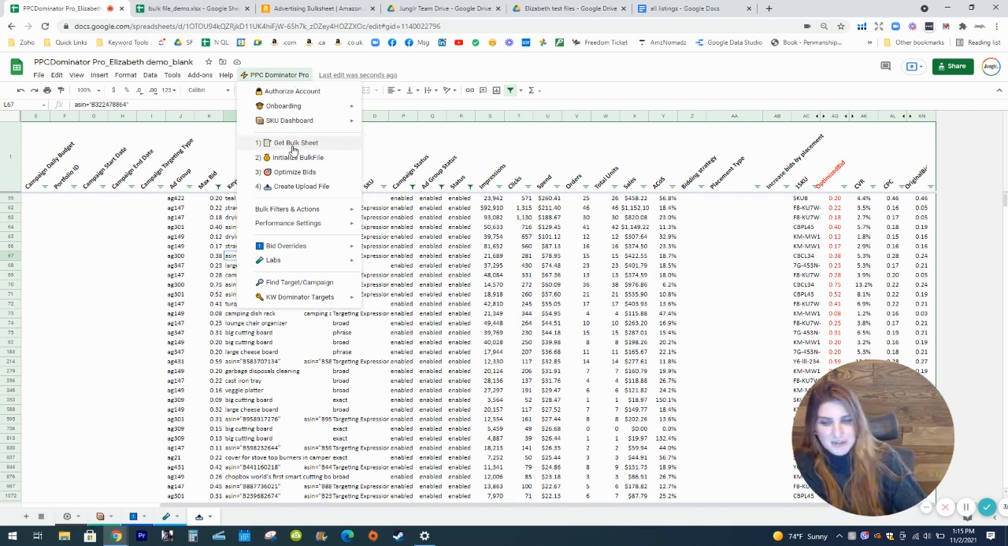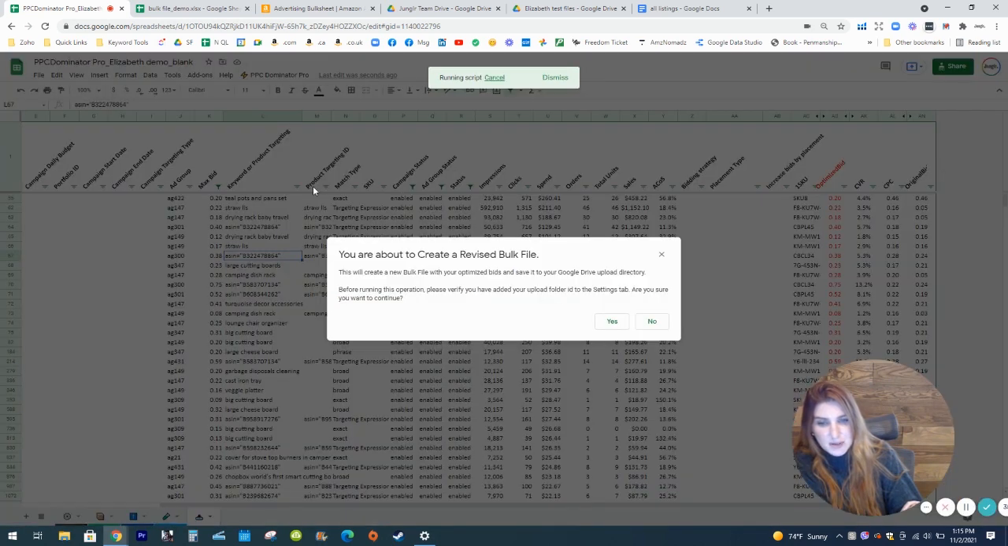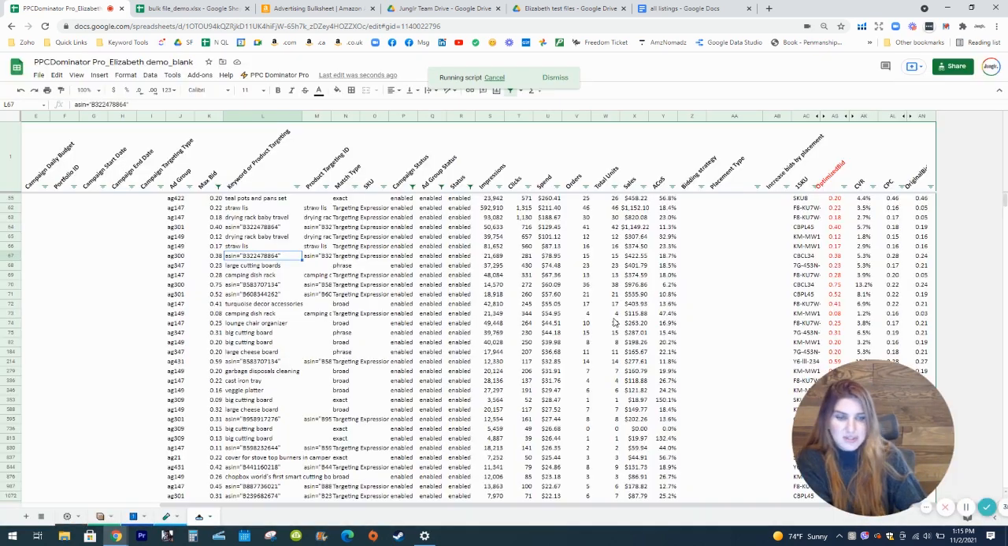So we've gotten our bulk file, we initialize it, we optimize our bids, and now we can click this create upload file. So you want to click this particular button. You're about to create a revised bulk file. What it's going to do is pull out all of the changes we made. Again, if you paused anything, if you inputted a placement percentage adjustment,